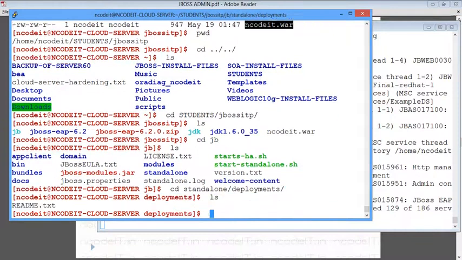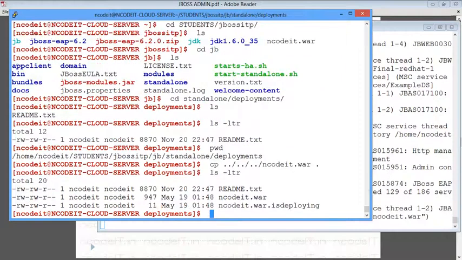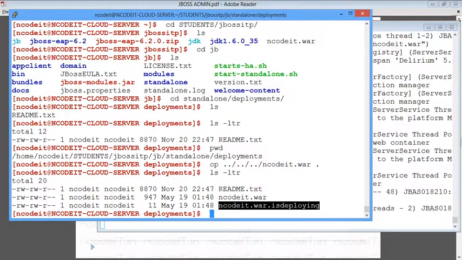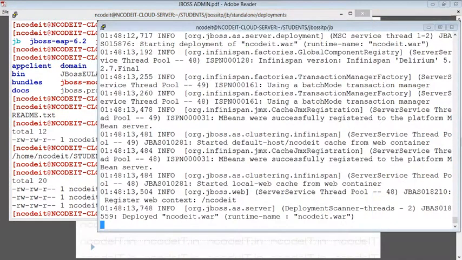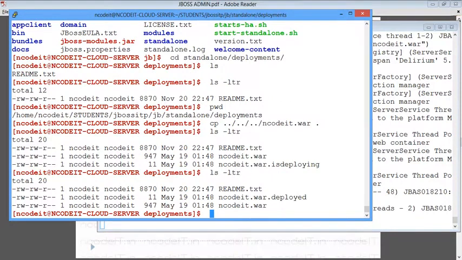To copy, this is a file and copy it into the current location. So you have copied. Once you copied, you see this one, this is coming as is deploying. It's getting deployed. Now it's actually complete. Once you do ls -ltr again, you will see deployed. So the moment you copied the file,